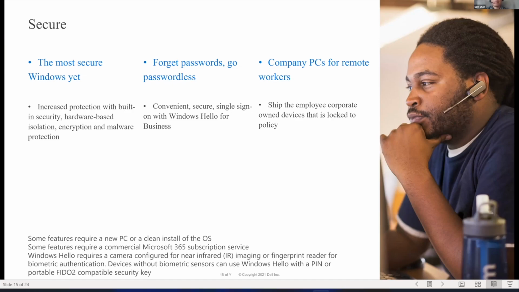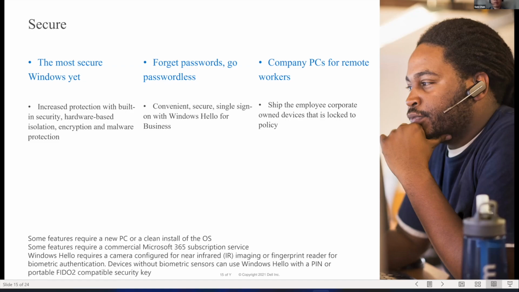And also, Microsoft Windows 11 enhanced the Windows Hello features and also utilizes a lot of hardware isolation or storage features. So if we forget the password, we can just use Windows Hello. Because Windows Hello increases security, we don't need to worry about our biometric data being stolen by unintended parties or hackers, because Windows Hello utilizes hardware enhancement features and will protect our biometric data much better than we did previously.